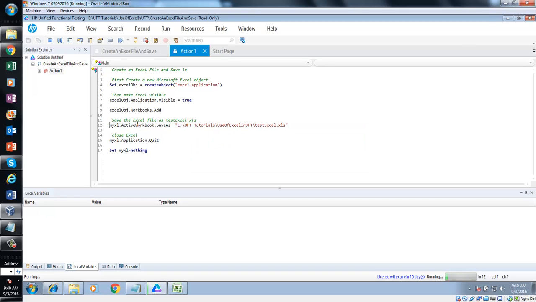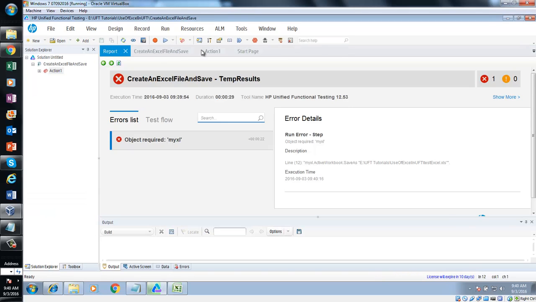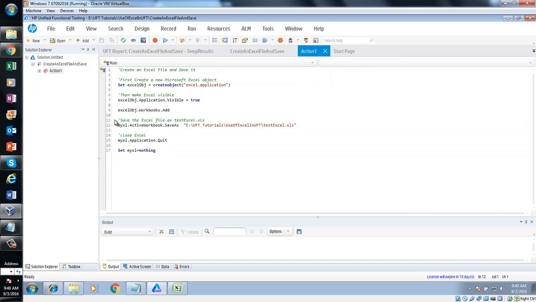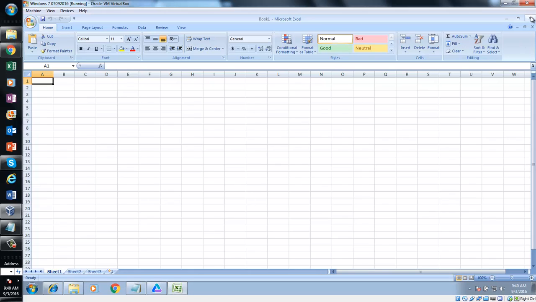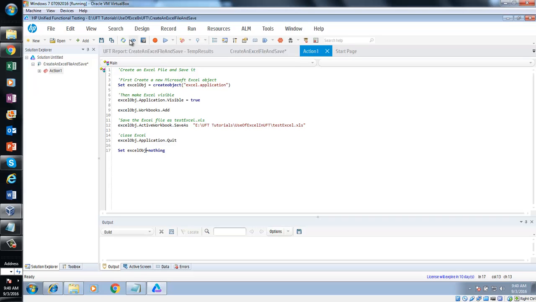Let me quickly change something here. I'll have to make this name as, so, let me close this Excel. Now let me execute this code again. Now if you first take a look here,